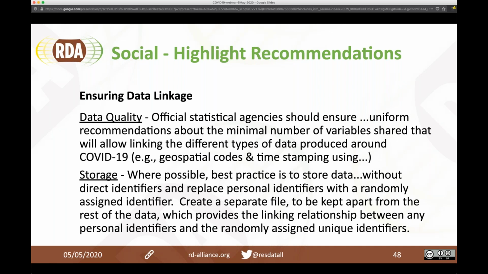So things like geospatial codes and time stamping. And so making sure that those minimal things are available. And then the second,